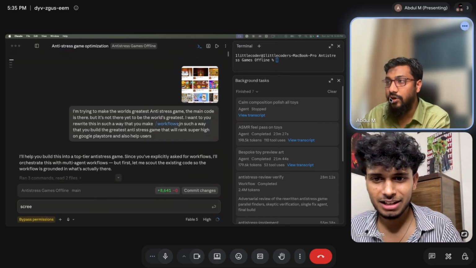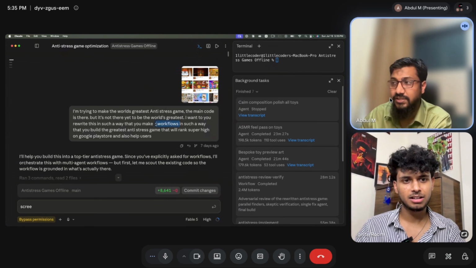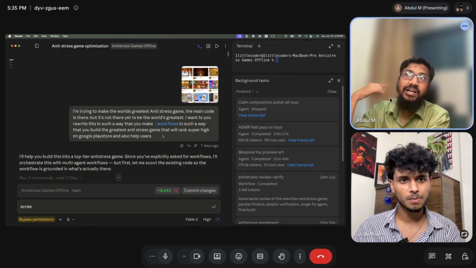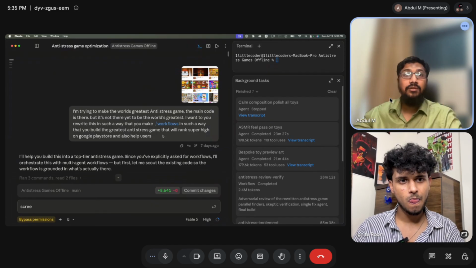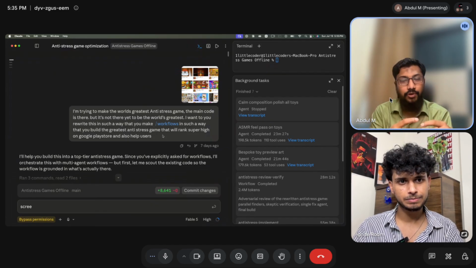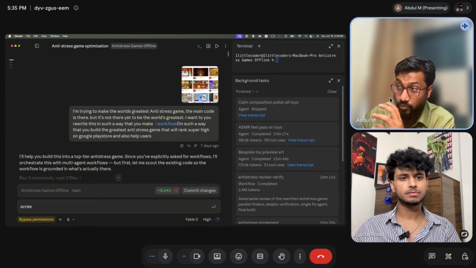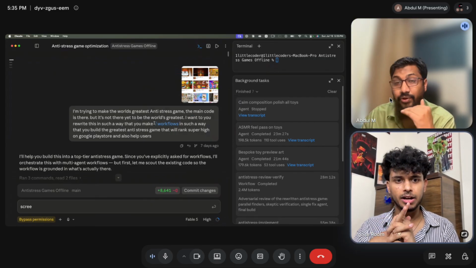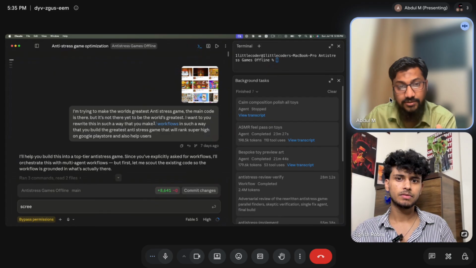This is slightly another form of loop engineering. This is the new concept. I told you Codex has something called goal, so you can specify a goal and then it will keep on doing. But let us say you want to do it at scale. You don't want to run a small company, you want to run a big company. So Claude Code has something called workflows, where you can deploy 50, 100 agents.